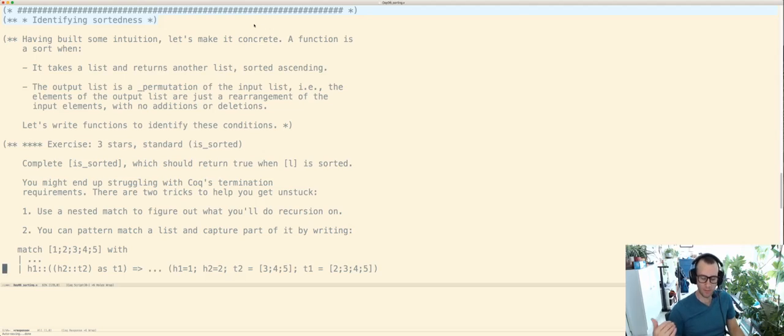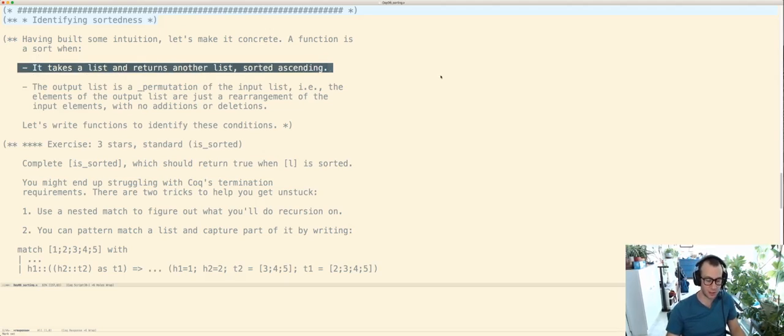Okay, so we've built a bunch of intuition in the last video about what makes something a good sort function, and now I just want to be really concrete. Here's what it means for something to be a sorting function. First, it takes a list and returns another list of the same kind of thing, sorted ascending, right? So whatever output you get should be sorted, where ascending here means it never goes down. You can have duplicates and they'll be the same value as you go along, but it should never go back